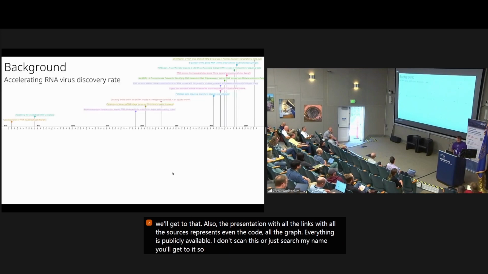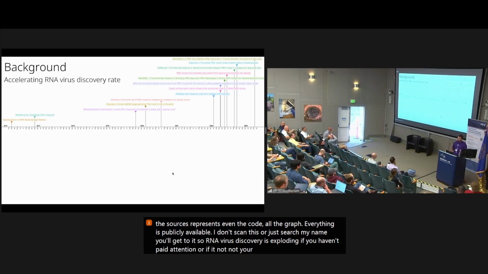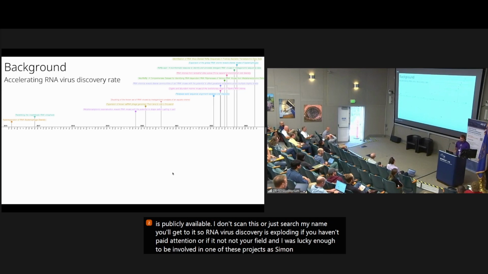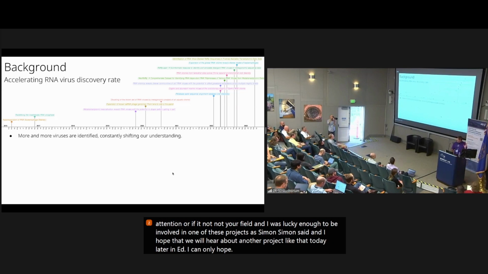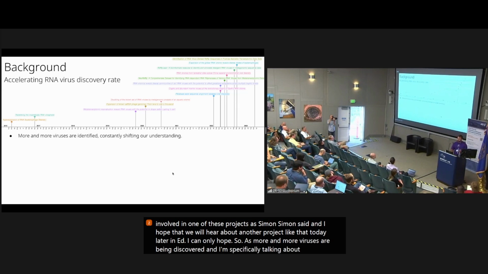So RNA virus discovery is exploding if you haven't paid attention or if it's not your field. And I was lucky enough to be involved in one of these projects, as Simon said. And I hope that we will hear about another project like that today, later in Eddie's talk, but I can only hope. So as more and more viruses are being discovered, and I'm specifically talking about today RNA viruses,